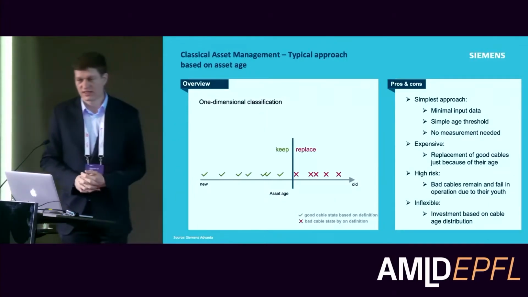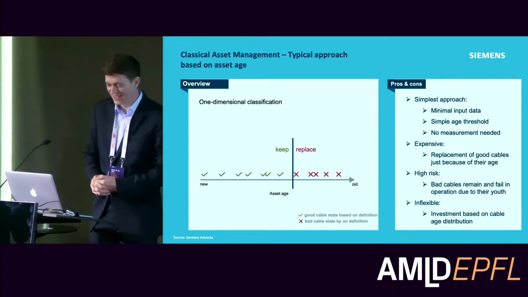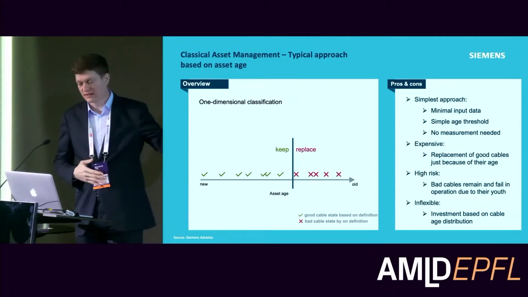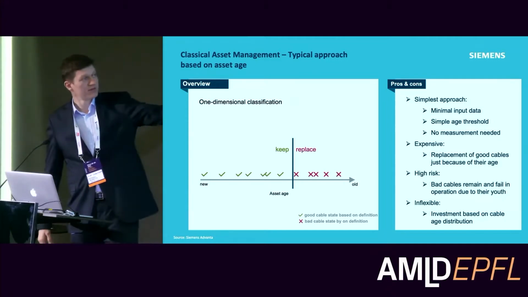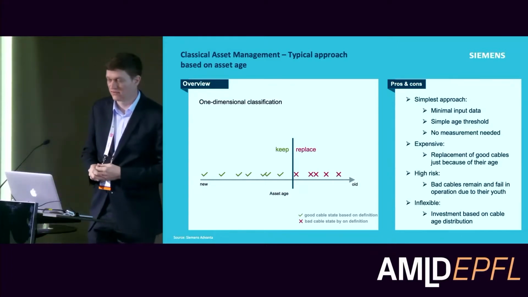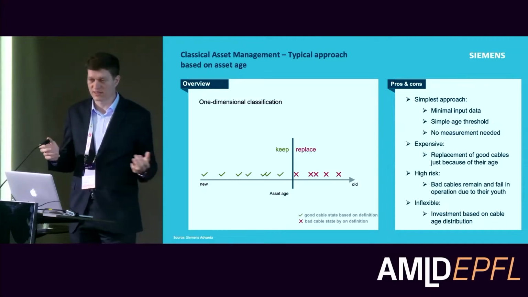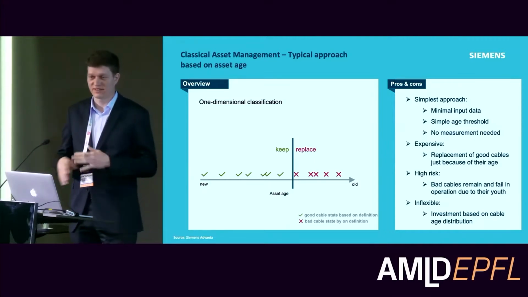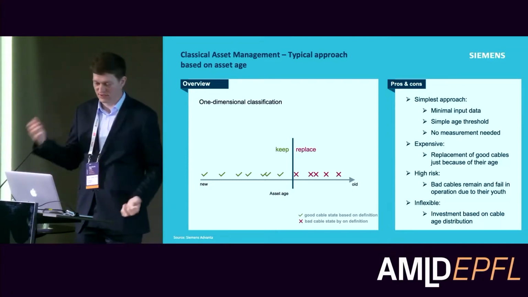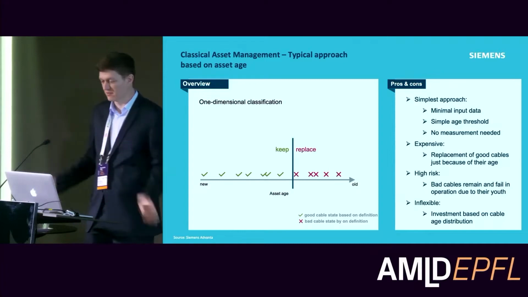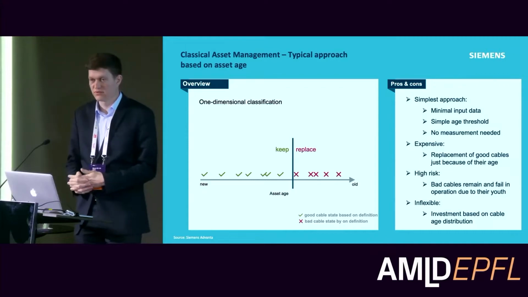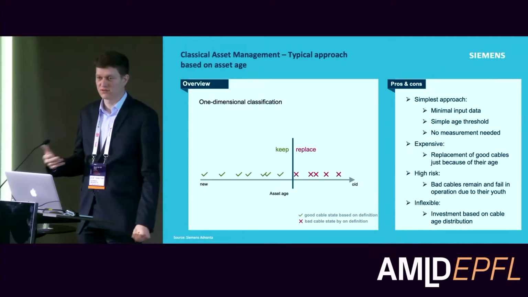What was done in the past? This is the classical, typical asset management approach. You see on the left-hand side the new cables, and to the right the asset age. When you have a power grid, you say, okay, all cables older than 50 years are bad. I replace them, so I have a cycle of 50 years and I will never have an older cable. All the cables will be new and will survive. Of course, that's quite expensive, because you will replace many cables that are still in good shape.